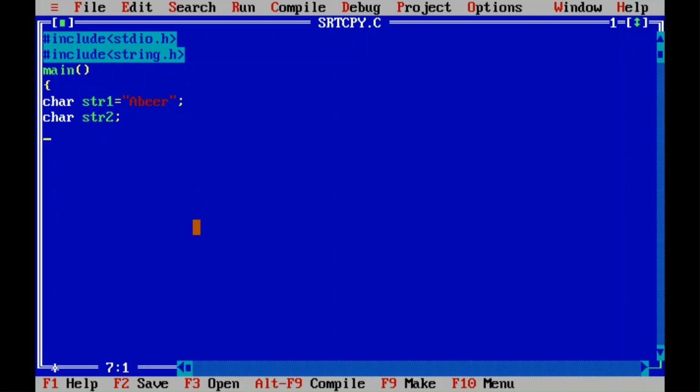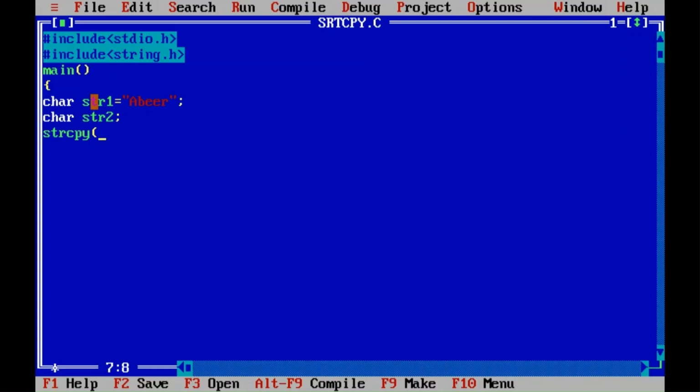So this string function we are going to use to copy the content from str1 to str2. Yes, correct, that is strcpy. And what is the syntax? That is strcpy, and then in which do you want to copy the string? So you can see str2 is null and str1 is having abir.